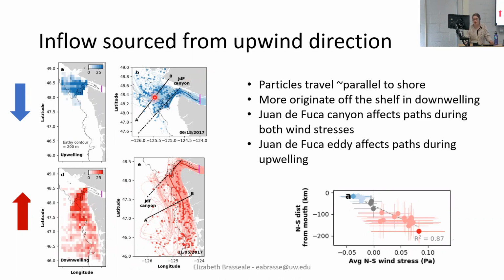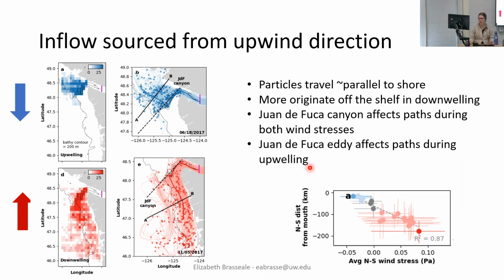So it's all coming from the south when the wind is coming from the south. And these are example releases, so you can see what one release looked like. During the upwelling, they swirl around in the Juan de Fuca eddy and come through the Juan de Fuca Canyon. In general, when you plot the mean north-south position of the initial position of the particles that made it in the estuary, it has a strong linear relationship with how strong the north-south wind